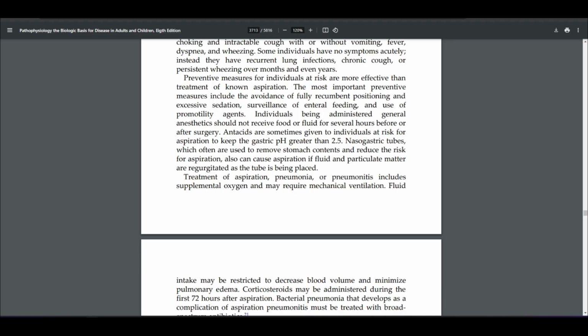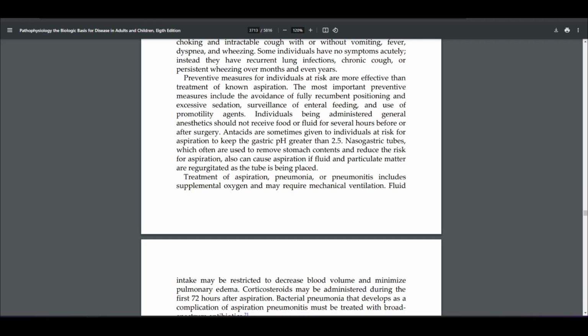Preventative measures for individuals at risk are more effective than treatment of known aspiration. The most important preventative measure includes the avoidance of fully recumbent positioning and excessive sedation, surveillance of enteral feeding, and use of promotility agents. Individuals being administered general anesthetics should not receive food or fluid for several hours before or